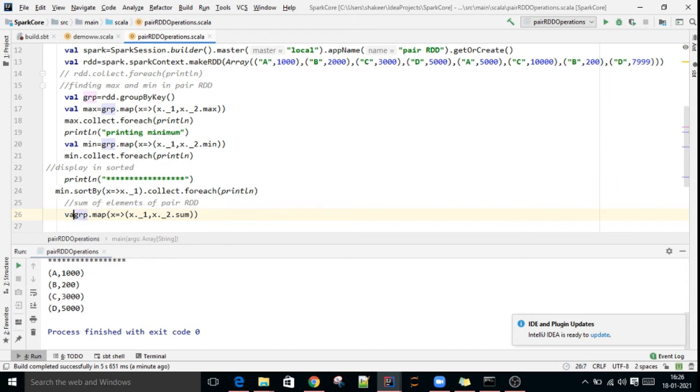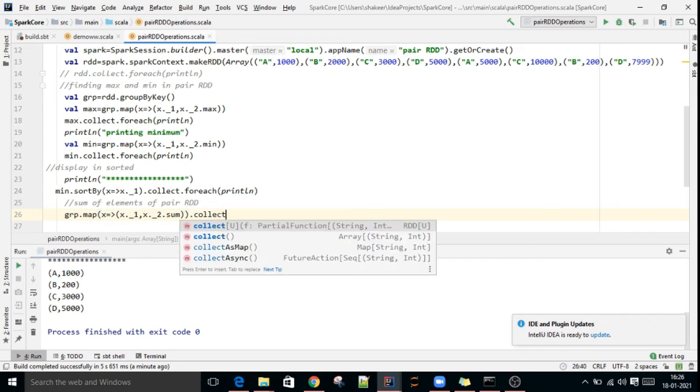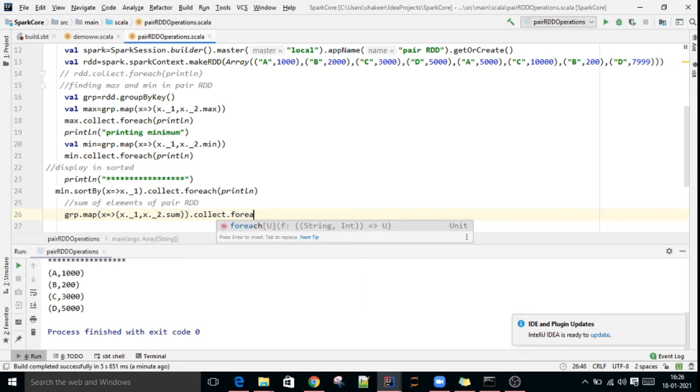Then collect.foreach(println). What I am doing here is traversing each element: _1 means key, _2 means value. I want the sum of that value, so .sum.